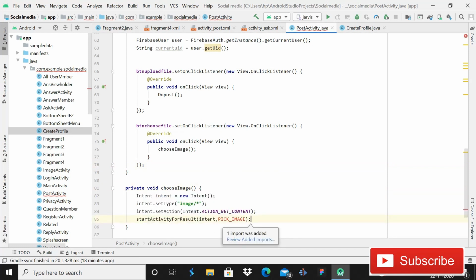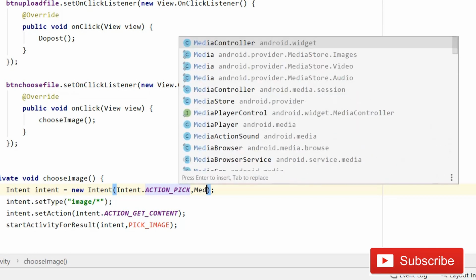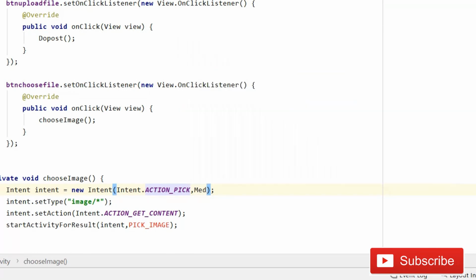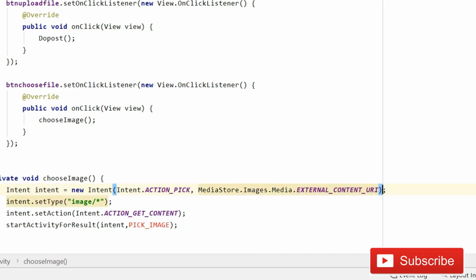So guys, just keep in mind that, yes, after writing this new Intent here, you have to write intent dot action pick, and then here you have to write MediaStore dot Images dot Media dot EXTERNAL_CONTENT_URI. Yeah, so we are doing this because we have to retrieve both the data, video and photos too, because before